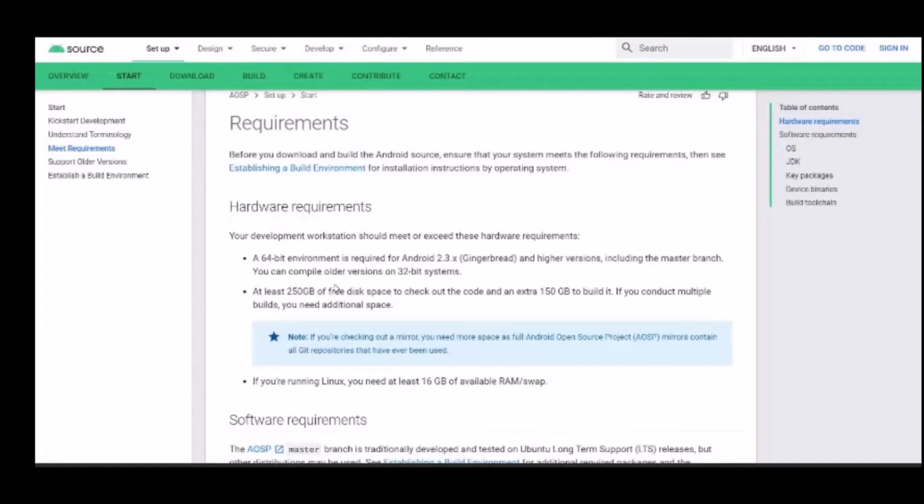In case we are not fetching the AOSP master branch, then we need to install OpenJDK manually, which we will be doing. Unfortunately, we can't build the AOSP project in Windows. We need a Linux machine to do so. I don't have a Linux machine, hence I'll be creating a VM and I will be loading the image onto that.